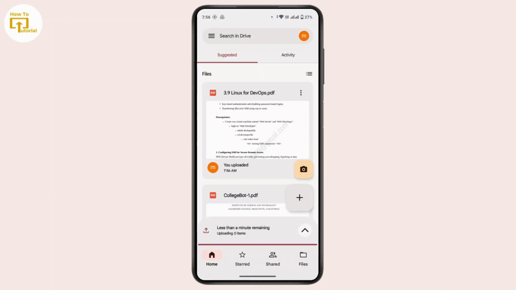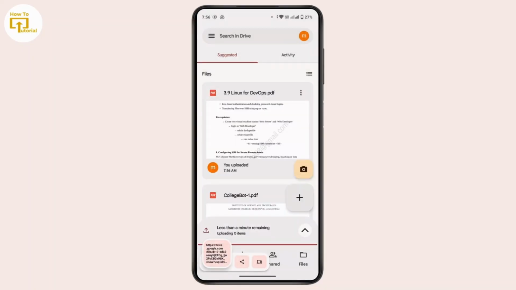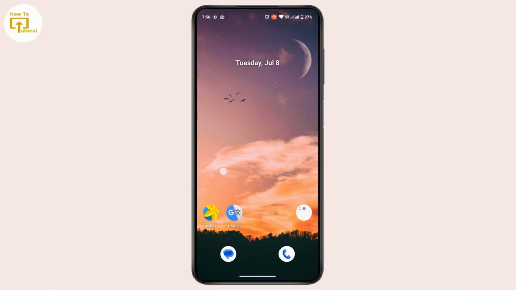Once your PDF file is uploaded, you have to click on the three dots here and tap on copy link. Now once you have copied the link to your Drive file,